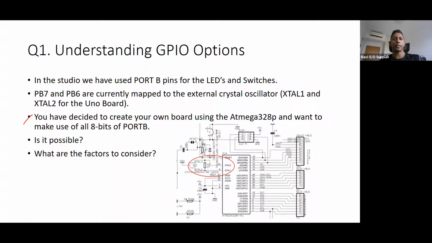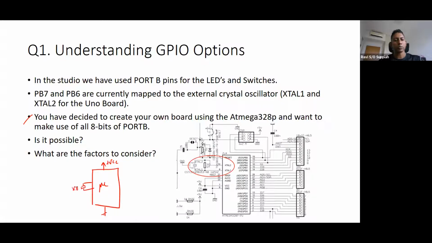But when it reaches a stage where you want to customize and make your own board so that you can mass produce, you do not want to ship with the Arduino Uno, correct? It will be a waste of money. Okay, you just want to strip it down to the bare minimum. Okay, so what is the bare minimum? The bare minimum is basically just the controller chip, your power, and your clock.